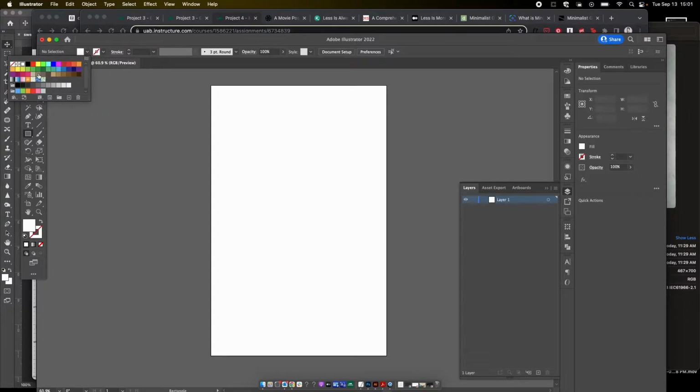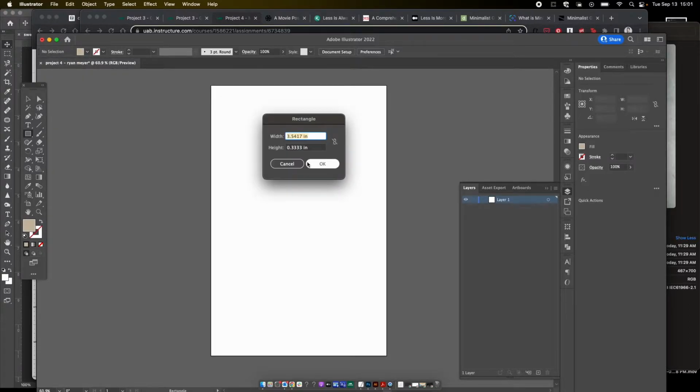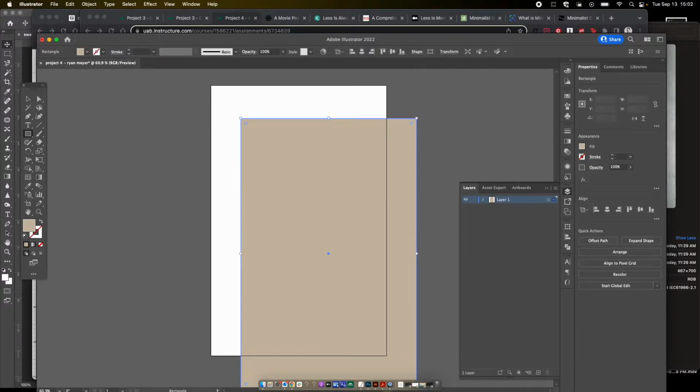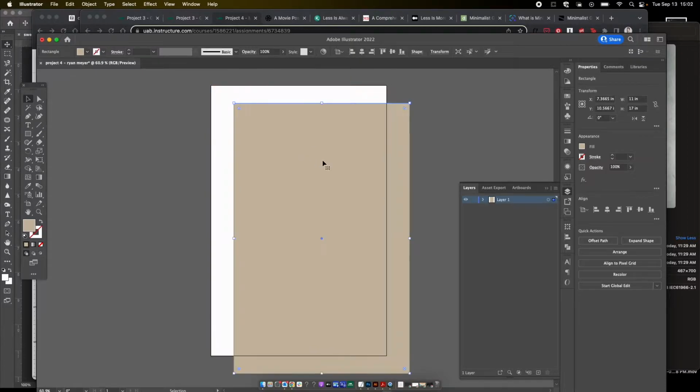You could do a lighter brown if you need to make it closer to the gray. Yeah, I think. Oh, I can always change it later. That's a good thing. So, width 11 by 17. I'm going to align